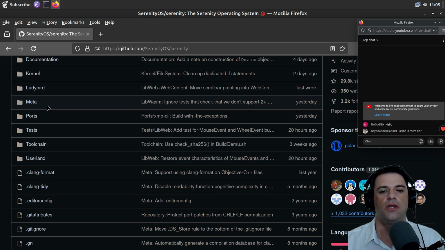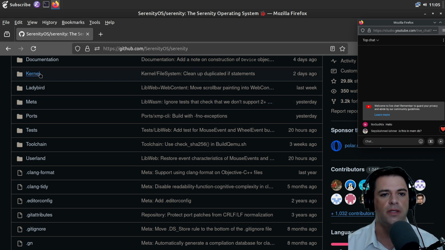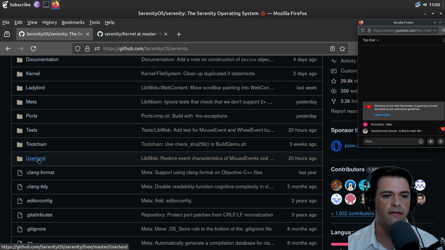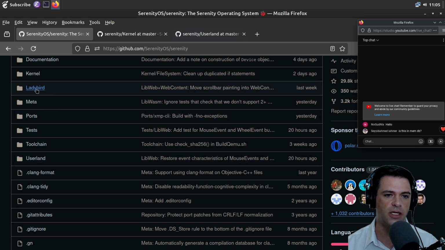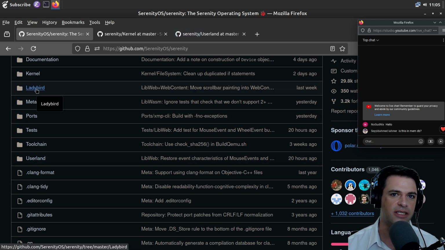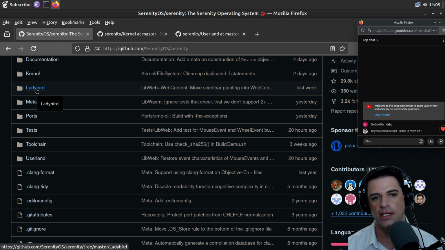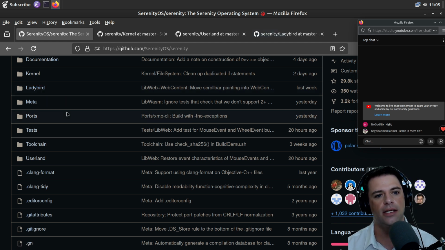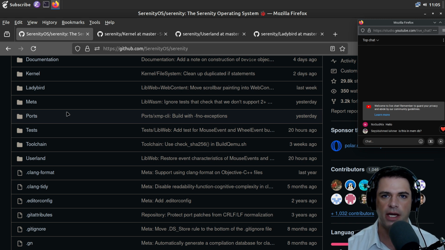Okay, so this is an operating system. We have a kernel, and we have userland, and we have Ladybird. And Ladybird is on the same conceptual level as the kernel and the userland. I think that is probably reasonable. If you were to build an operating system these days, so much of an operating system is windowing, and you could imagine heavily relying on the browser for windowing.